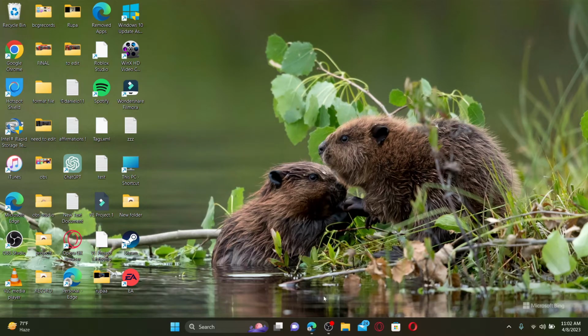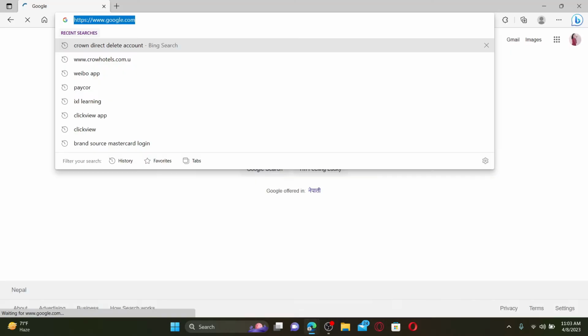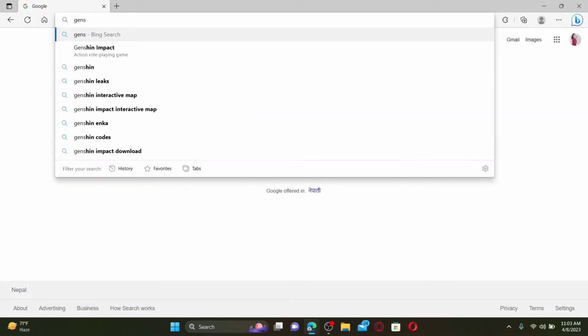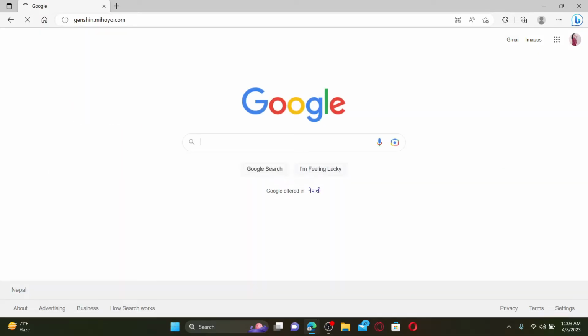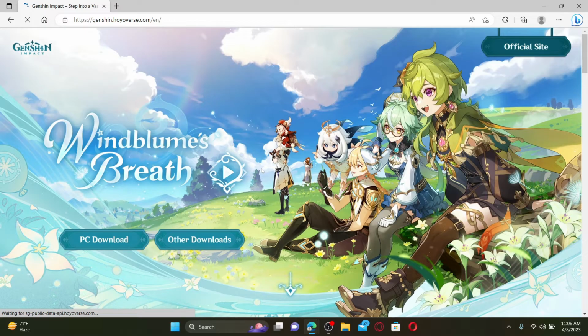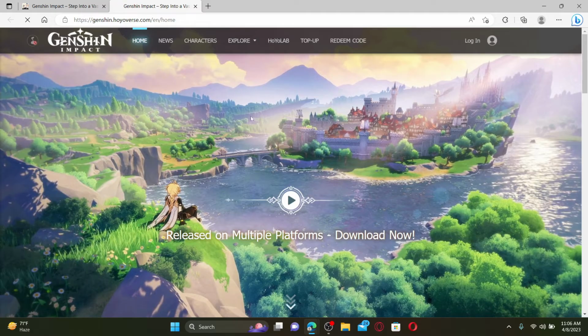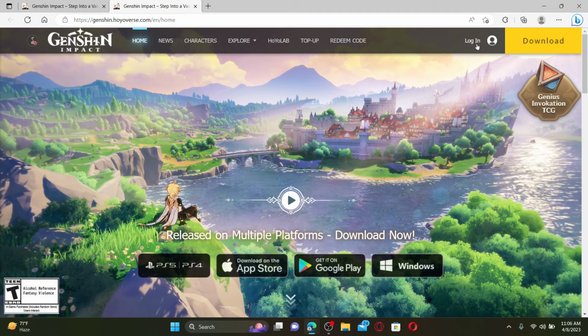Open up a web browser to get started. In the URL box, type in genshin.mihoyo.com and press enter on your keyboard in order to end up in the official web page of Genshin Impact. Once you end up there, click on the official site button at the top right. This will now take you to this page from where you can click on this login button at